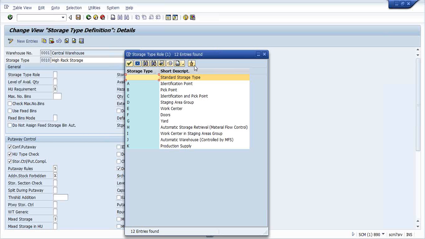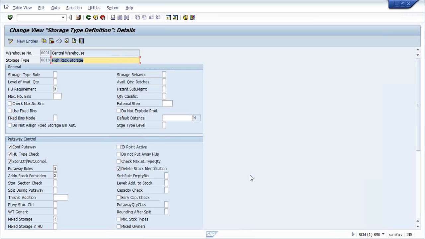But as of now, the storage type role defines or differentiates the function, or should I say it changes the nature of your storage type. If you're talking about a standard storage type, it is basically only for material handling. You only place your products over there. Then the second type that we have